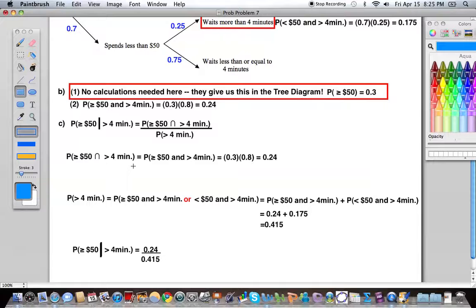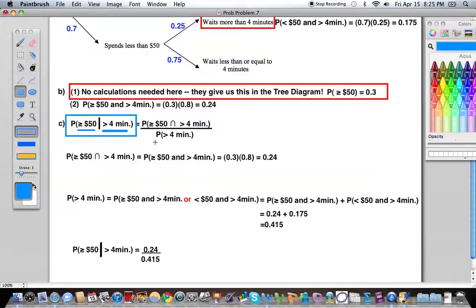Well, that sounds familiar. This is a probability of A given B type of problem. So what we're looking for is the probability that a customer spends $50 or more given they waited more than 4 minutes. Using our conditional probability formula, this is equal to the probability of a customer spending